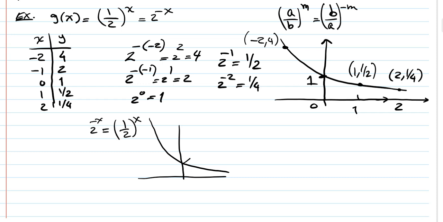Looks like that is actually a reflection of this function, which is 2 to the x, right? About the y-axis, right? If you flip it about the y-axis, that's what you get. So we can see, therefore, the effect of negative in the exponent here. The effect of negative is to cause a reflection of 2 to the x about the y-axis, and that's no